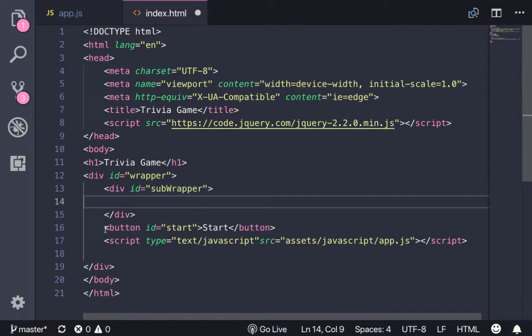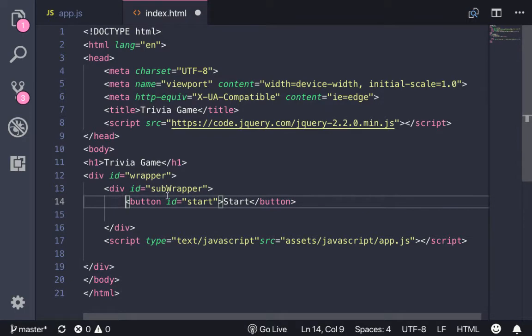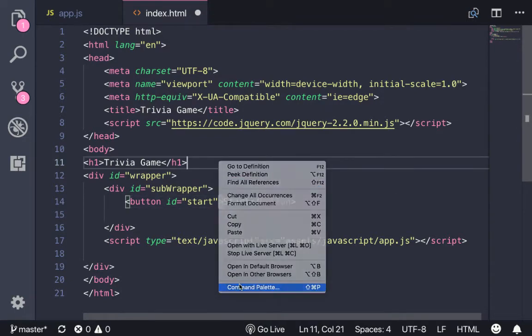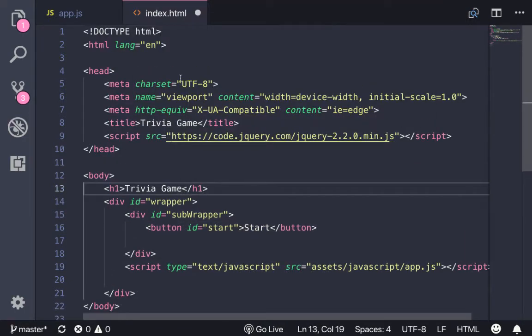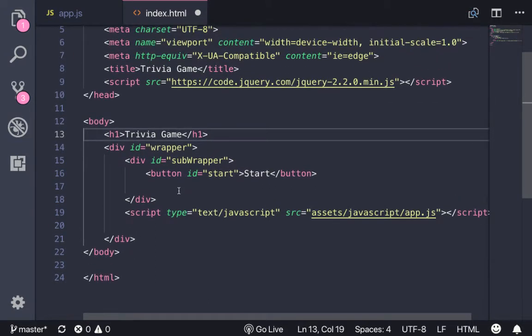And then let's move this button in there. All right, so let's clean this up. Okay, so, save that. Now let's go over to,